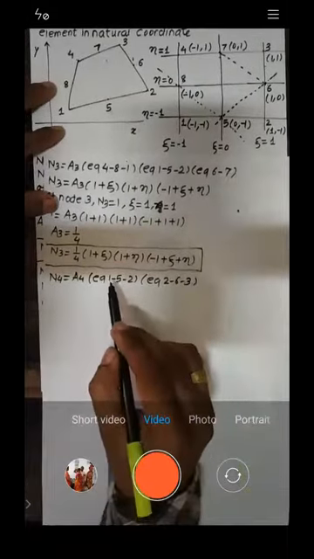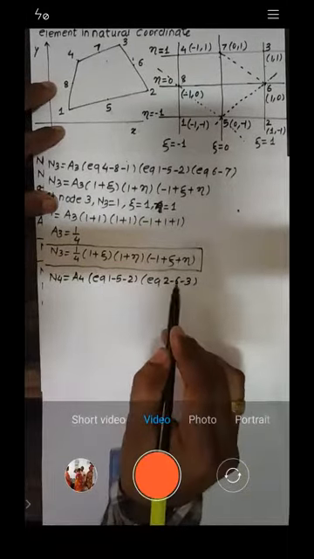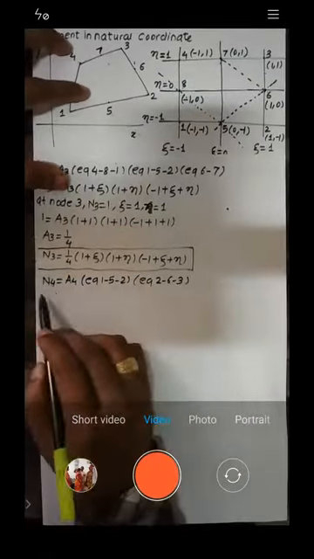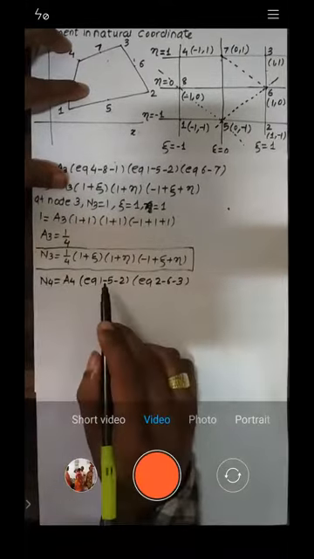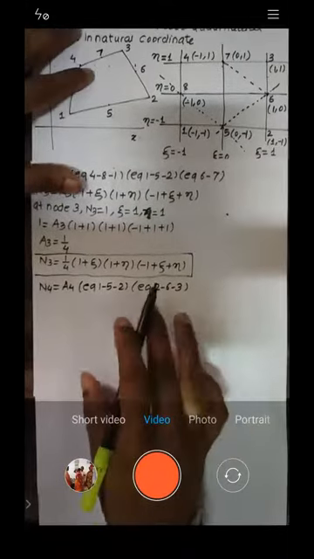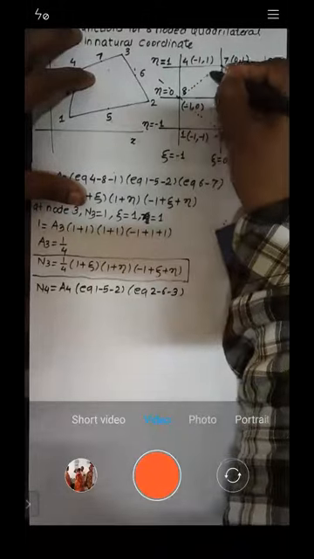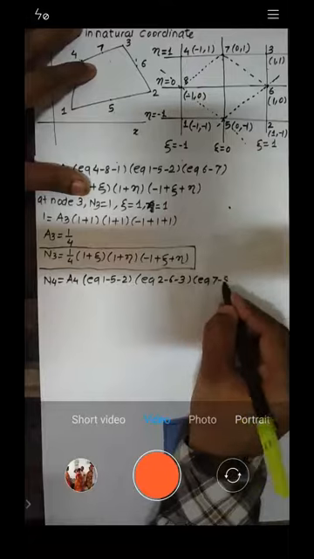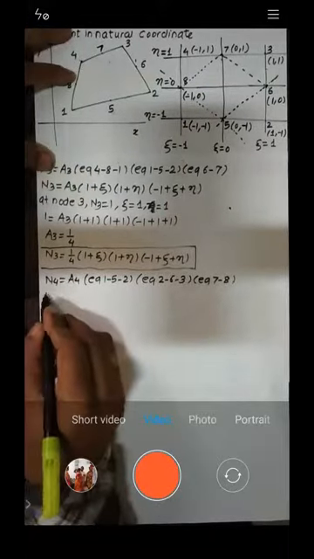Now just check it. Node 1 is covered, node 2 is covered, 3 is covered. Then 4 obviously will not be covered because you are writing for 4 only. Then 5 is covered, 6 is covered. 7 and 8 are not covered, so I will join those nodes with the help of a line. So 7 and 8 I will join, and I will write down the equation of 7 and 8. Now let's do that.